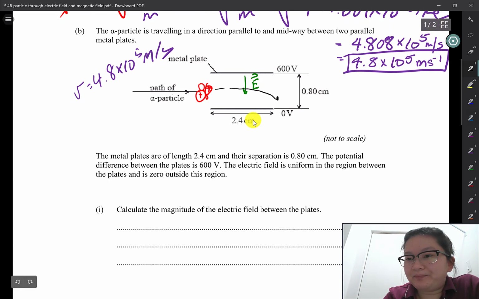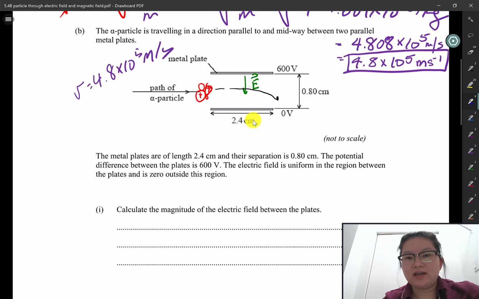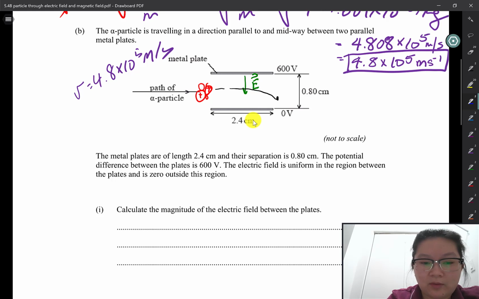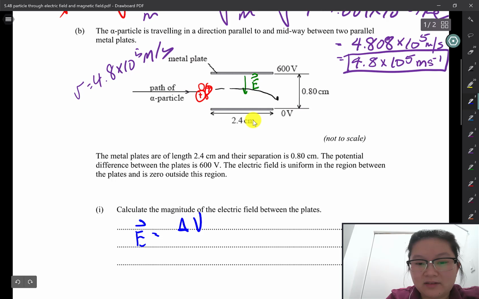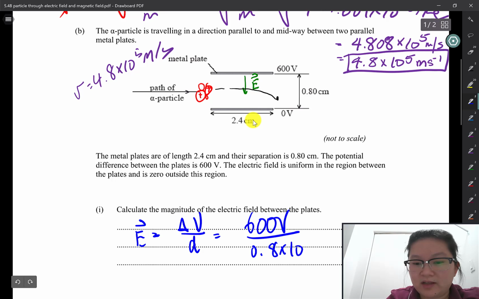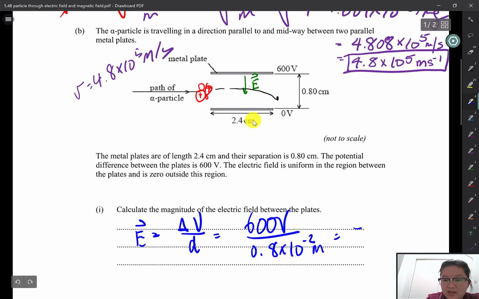So, very standard question. Because the electric field is uniform, the electric field between the two plates is going to depend on the potential difference between the two plates divided by the separation between the two plates. So that's 600 volts divided by 0.8, and don't forget this is centimeters, so I'm going to multiply this by 10 to the -2 to get it in meters,